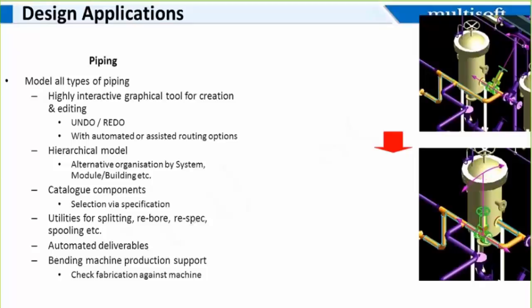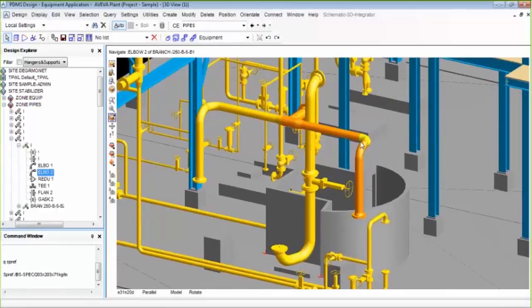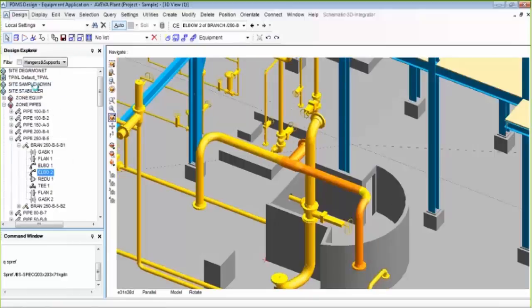Once your modeling is done, it is very easy to extract piping GADs from the model. One can also extract the piping isometric. Piping GADs are again dynamically linked with the model, so any change in the model will be automatically reflected in the drawings. Again, you have to go to the pipework application.